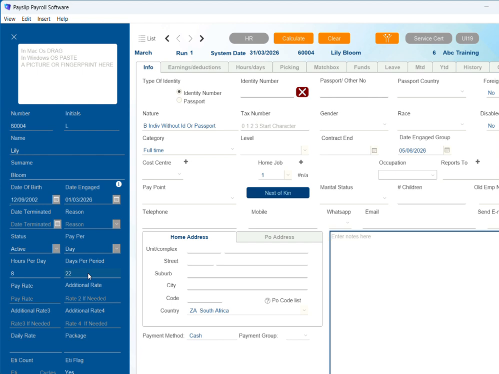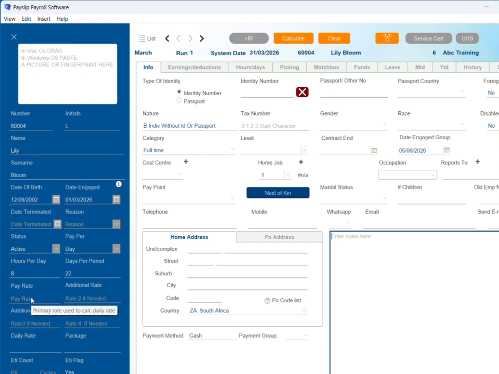If it is a weekly system, for example, it will show 5 days for that period. A fortnight will be 10 days. We're using a monthly system and the average working days for this instance is 22 days.